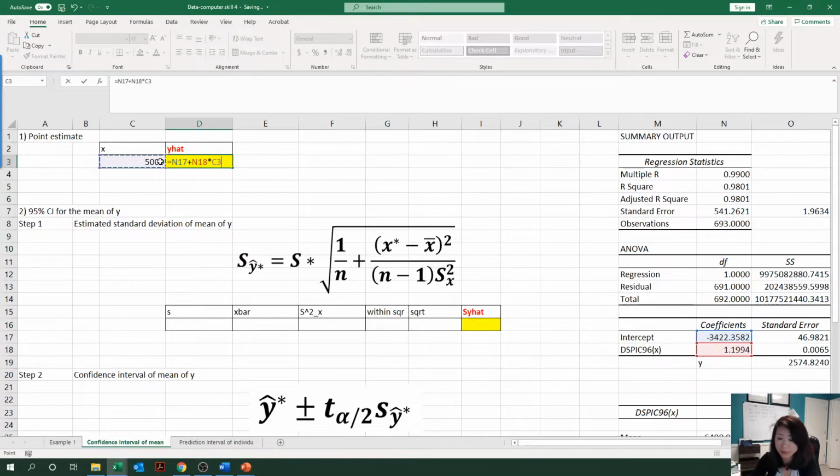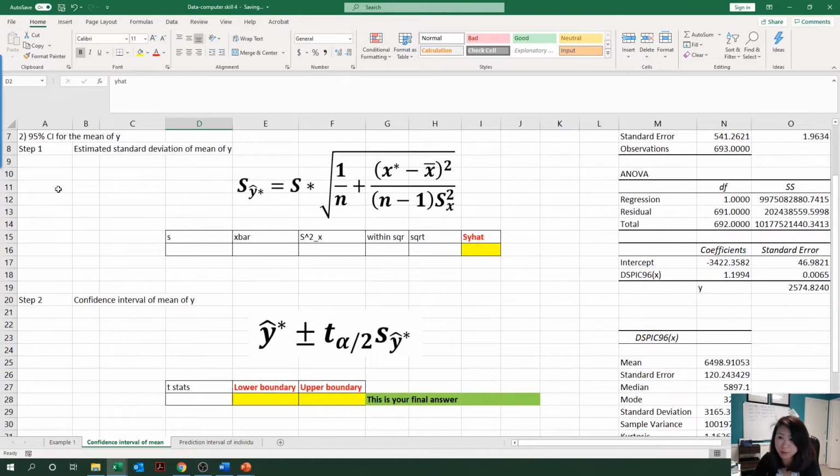So this is how we get our point estimates. In the last video, we know it's 2574.823951 billion dollars. And so now we're going to start my first step of the calculation of the confidence interval. And so first of all, the value for S. So remember that's the value here. So the S value is coming from